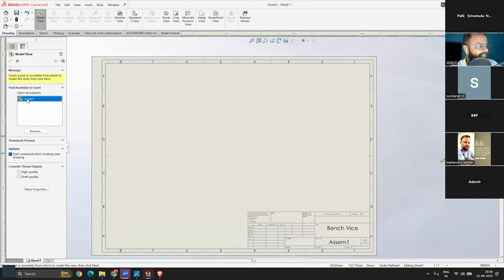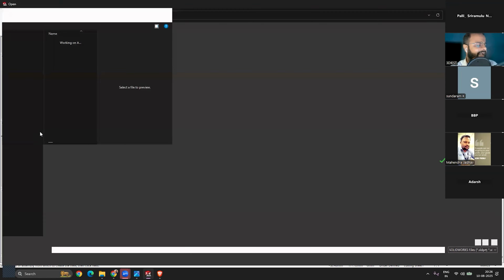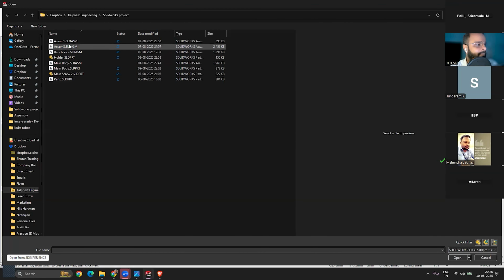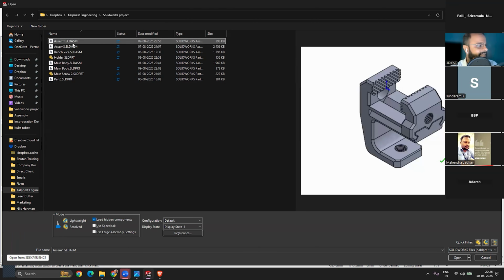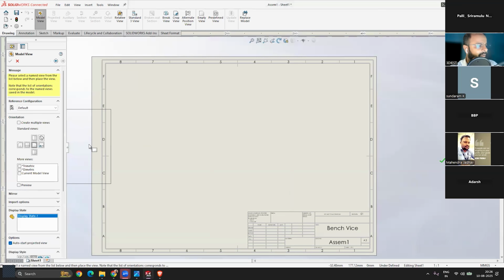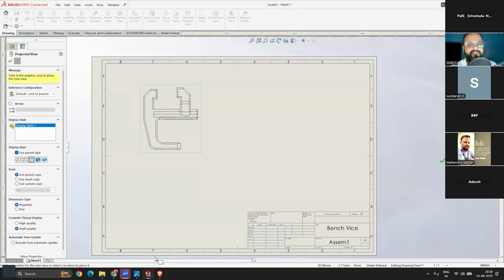Then I can click on browse and find the 3D model that I'm going to create a drawing of. In this case, I think we are using this assembly.sldasm, right? I will click on open, and the moment I click anywhere on the drawing space, your first view just got projected.